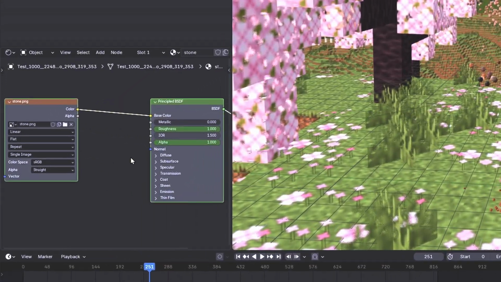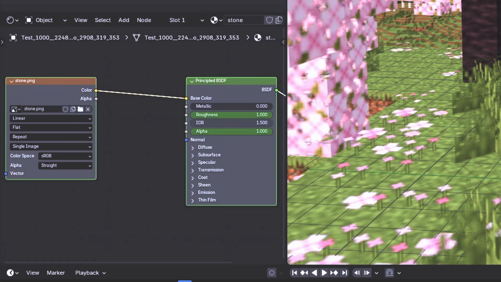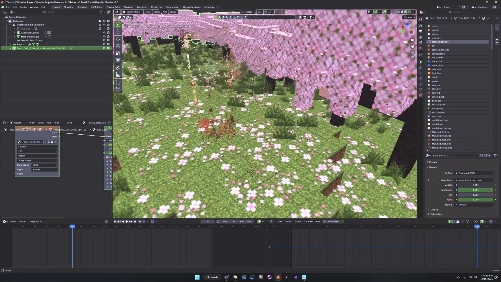You'll have to go into every texture, go into the actual texture node, and change the interpolation from Linear to Closest. And you gotta do this for basically every texture in the scene. I just did it for all the main ones, for example the grass, dirt, flowers, grass blocks, trees, all those main ones I changed, but the ones that only have like 1 or 2 blocks or are really far away,